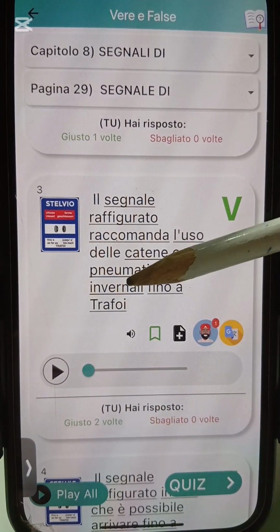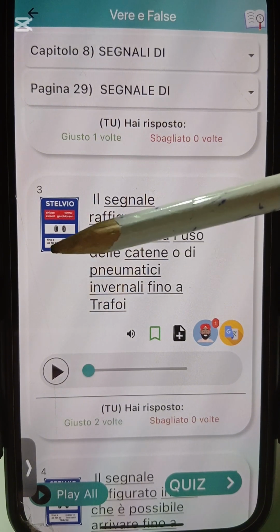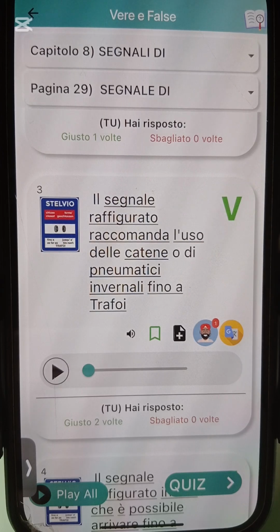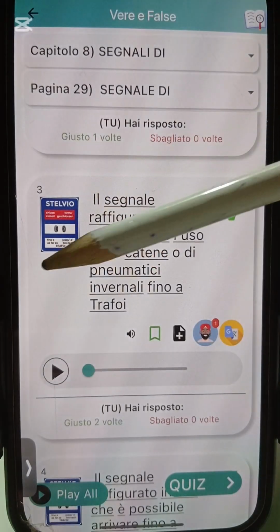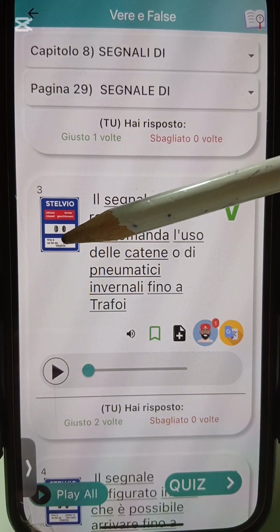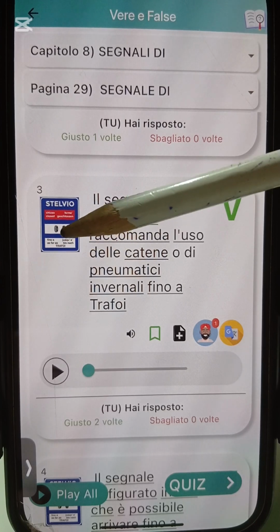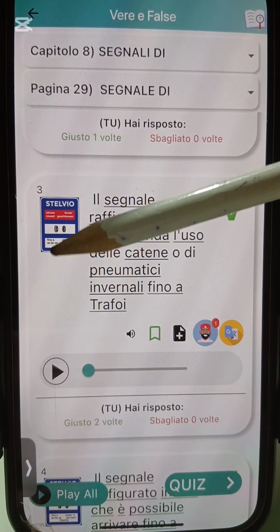Chains or winter tires up till you get to what? Trafoi. Okay, fino a Trafoi, until you get to Trafoi. It recommends that you use winter tires or chains until you get to Trafoi, because Trafoi is where you can drive to.